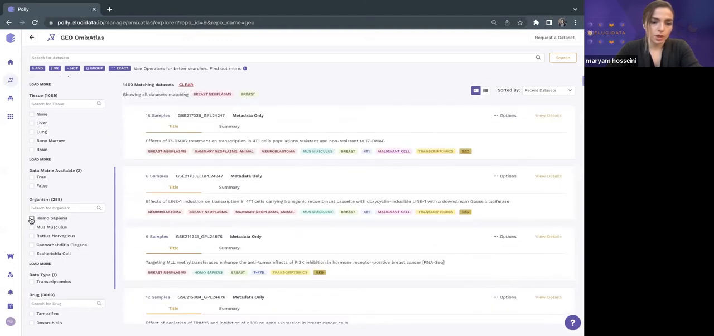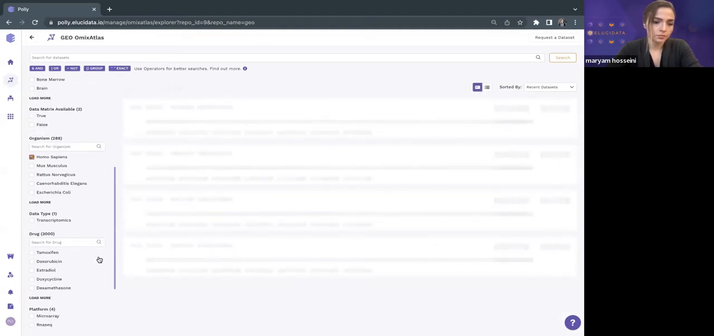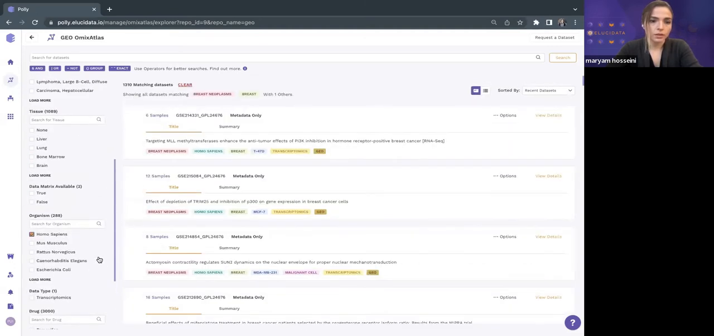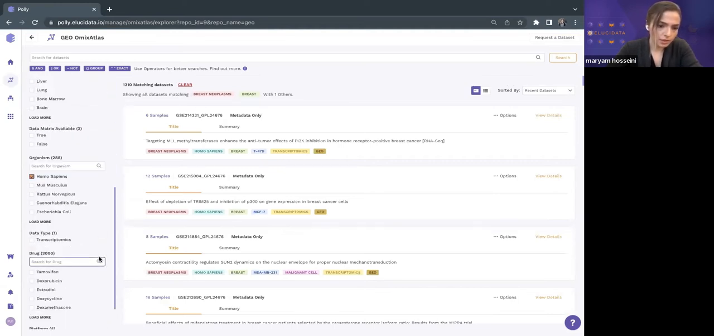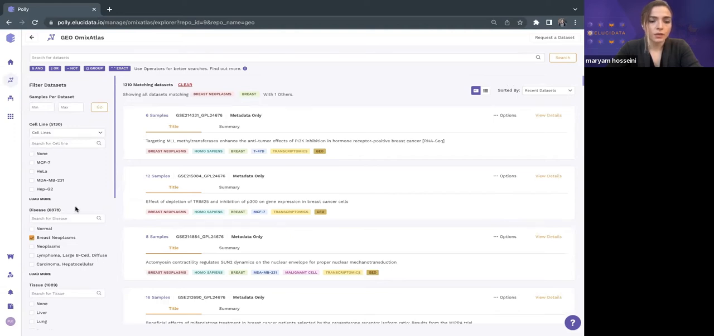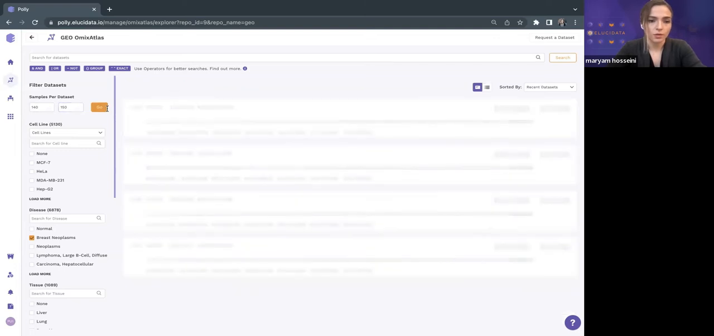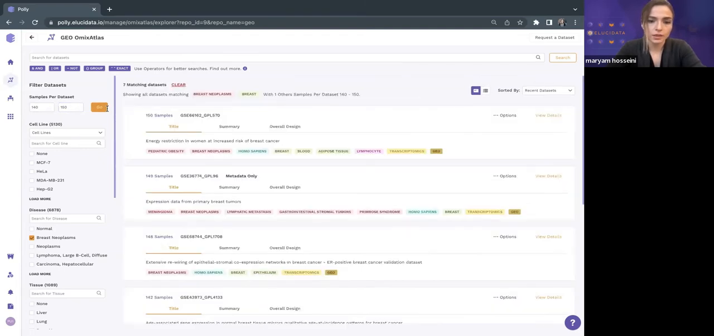And we want it to be Homo sapiens. Other things are going to be the same. And did I also use human? Yes. So let's also say, for example, I want a minimum of 140 samples in this data set, so that you can have a sense of this capability. And let's restrict it to a smaller number so we don't get a lot of hits. So yeah, we get